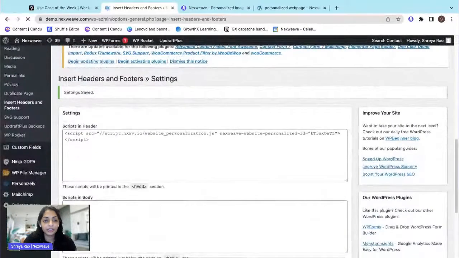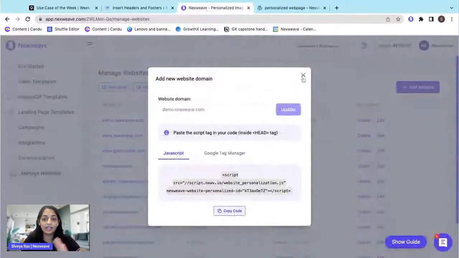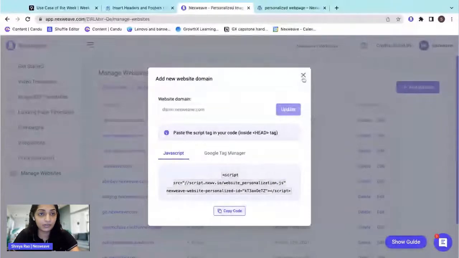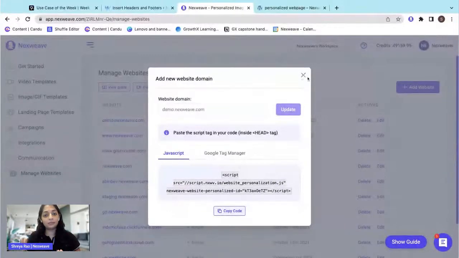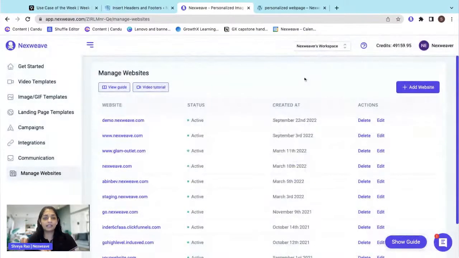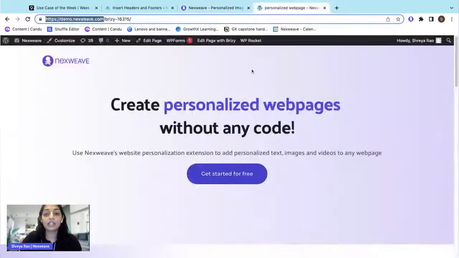So as you can see, it's been updated. Basically, what I've done is I have installed the API key and I've added my website to Nexweave. So we're done with the first part of our demonstration today, which is the initial setup. So if there's any questions about this, you can post them on the chat and we can address that a little later as well. Now that we're done with the basic setup,